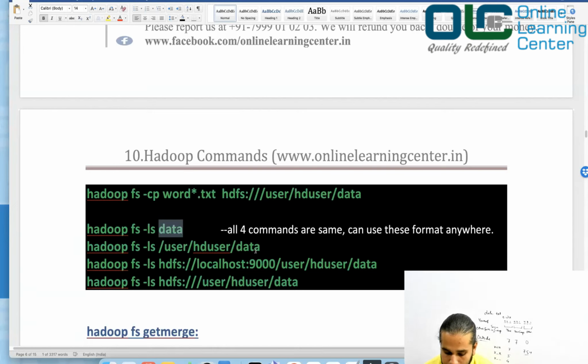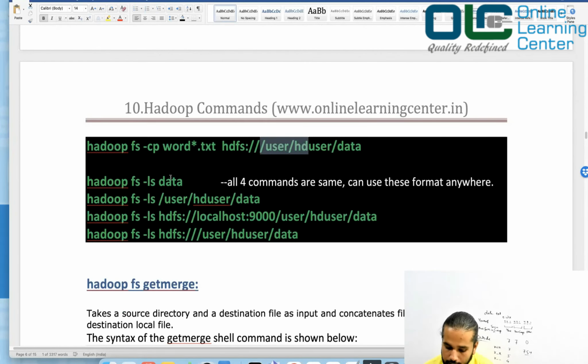You can write it like this, or you can also write hdfs://localhost:9000/user/hduser/data. Here the two slashes after hdfs: refer to the hdfs file system, and then your path starts from here. So that's how you can write the same command in multiple ways. It's one and the same; it does the same thing for you.